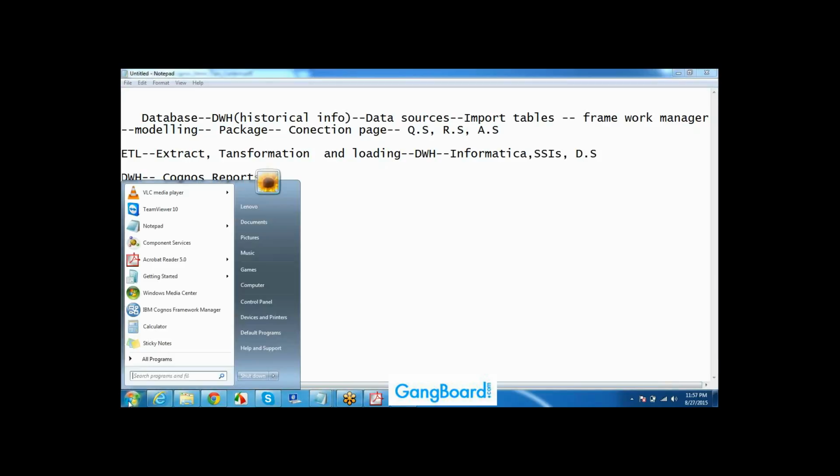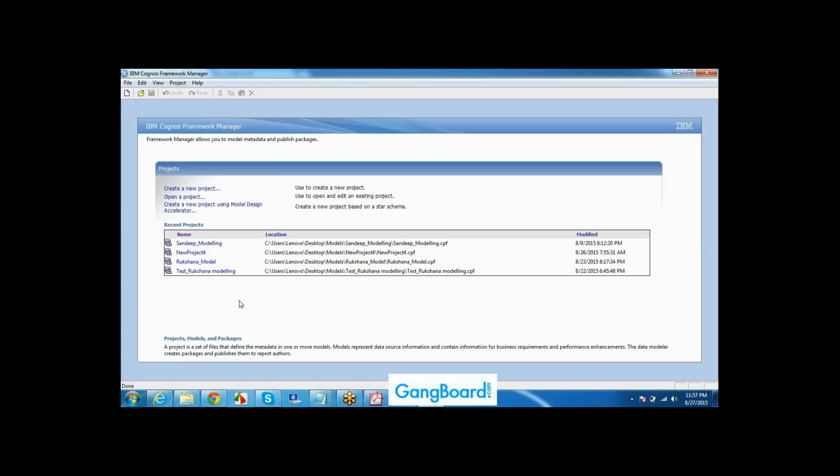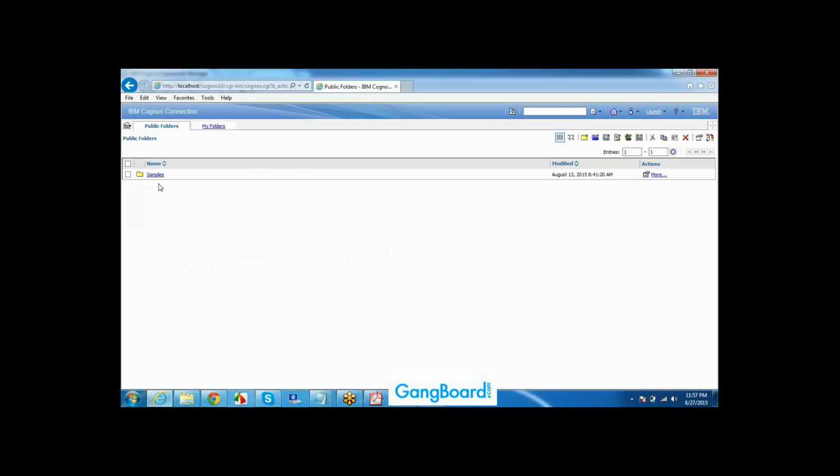So the Framework Manager package consists of all tables, everything. We created reports using Query Studio based on the package only. We have imported the employee table and the manager table. Altogether, we are dragging employee ID, employee name, salary, incentive, all these columns into my Query Studio work area. That's how I'll create the report. You got it now, right?